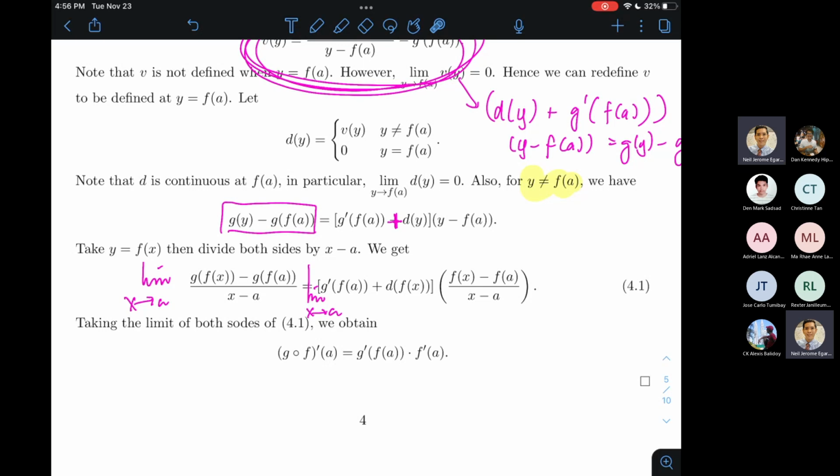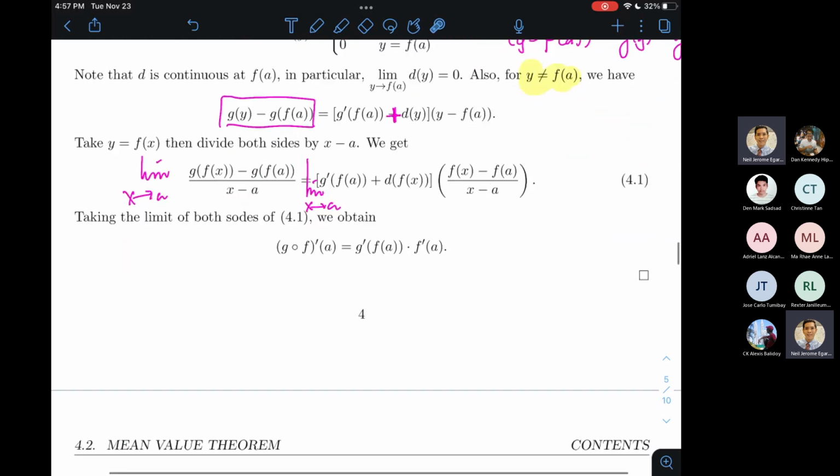Pero the theoretical value of the derivatives should not be discounted because they give rise to very nice theorems. And I think the focus of the next few pages here in the lecture notes would be to scrutinize or to look at these very nice theoretical results.